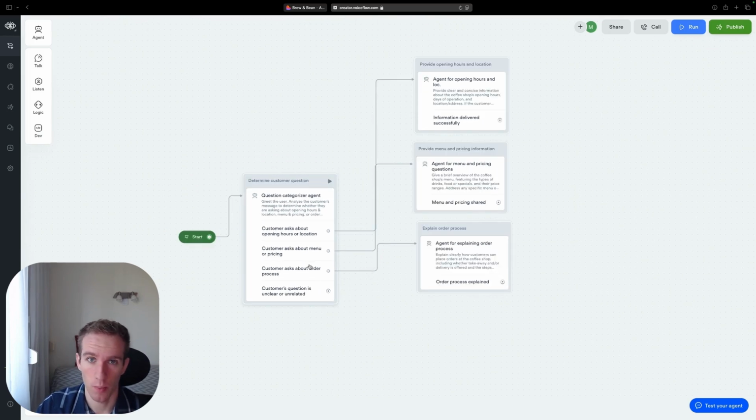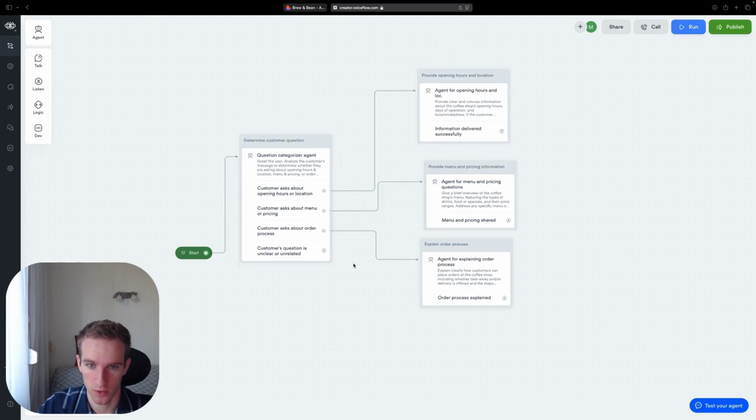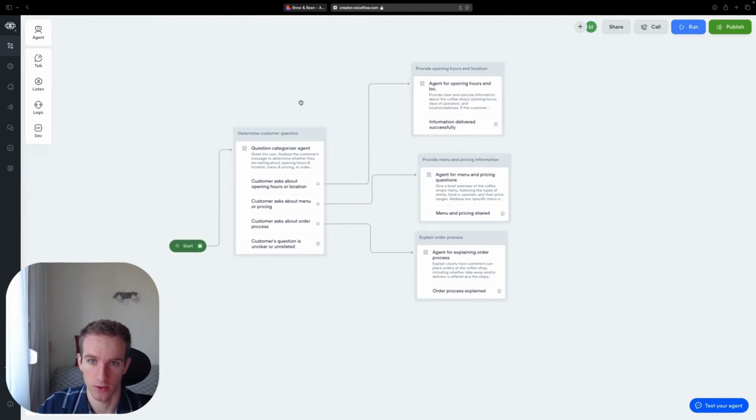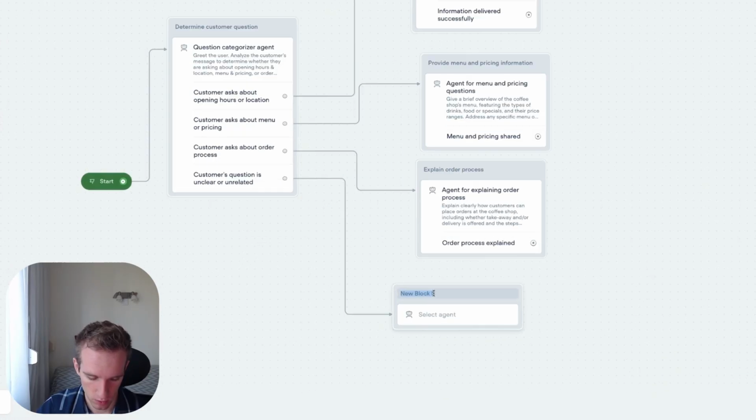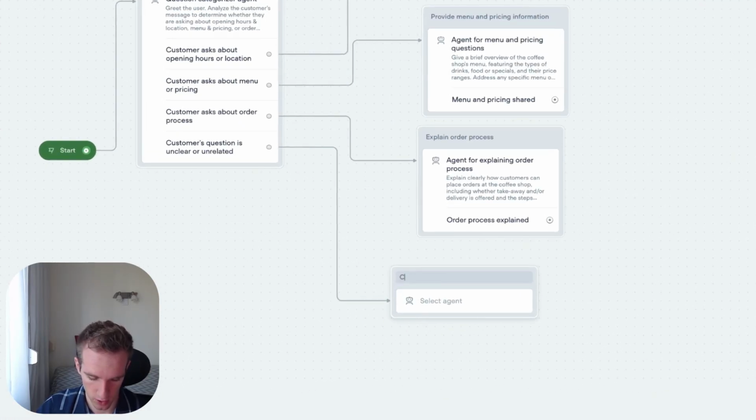So let's add one more, which would handle the situation when we are unable to identify what the customer really wants. The agent will actually ask for a clarification and will re-trigger this part so we can have something truly dynamic and conversational. So let me show you what that looks like. We add a new agent here. You can call it clarify